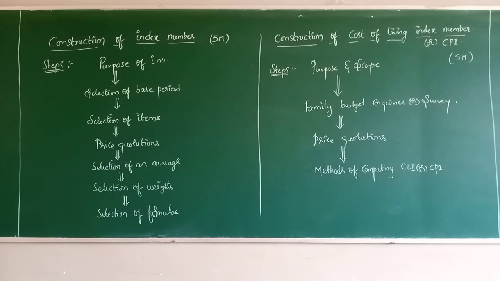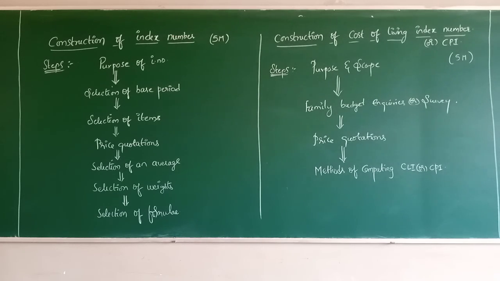First limitation is, index numbers are based on sample data, so they are just approximate indicators. In index number calculation, only some sample data we take, find and construct the index number. Second, there is a likelihood of error being introduced at each stage of the construction of index numbers, because we follow sample data; we are not considering a census, each and everything. So when you consider sample data, obviously there is a chance of bias. Clear? There is a chance of biasing, remember.